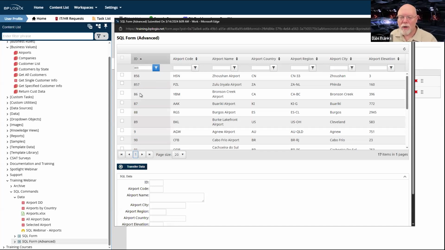I am concerned with going letter by letter and seeing which letter is greater. So 8 all goes together. That's great. But 85 comes before 86, even though numerically 86 comes way before 856 or 857.